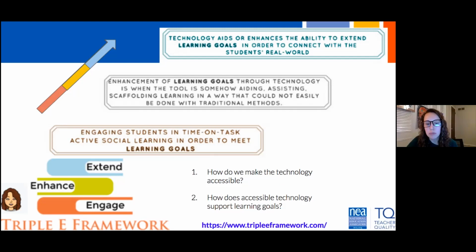If not, she said, we could do the same thing on paper and pencil. Well, that was pre-COVID, but if it's not extending their learning, enhancing, or engaging it, we know that the tool is not right for our students. And so we were mindful of that. So all the tools that we go over tonight hit 1 or all of these E's.